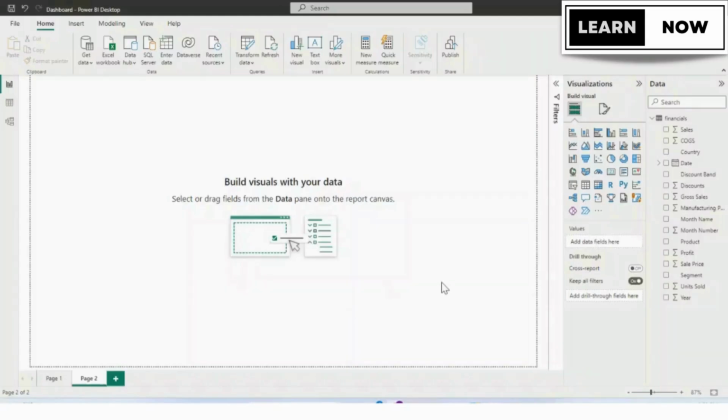In the Power BI tutorial, we had learned how to create the card. If you have not watched that video, then click on the above link. In today's video, we'll show you how to create different types of cards such as number card, text card, date